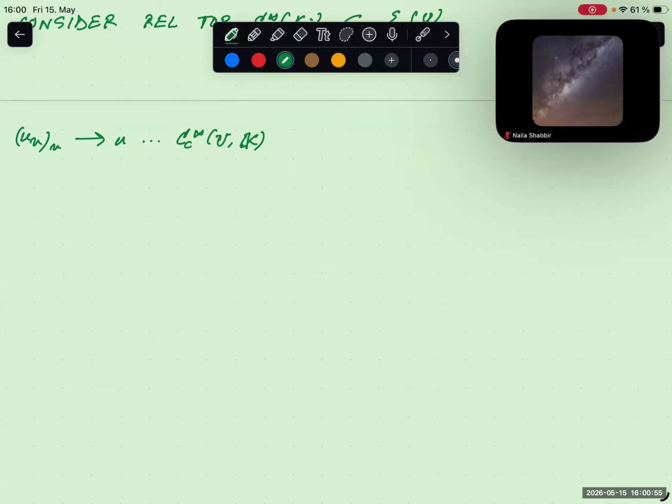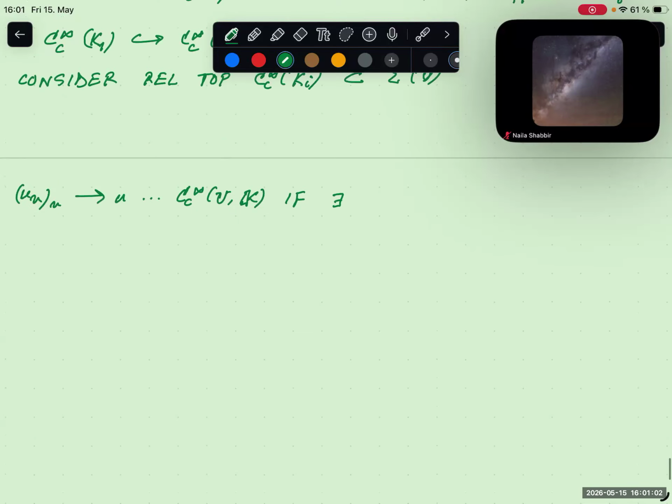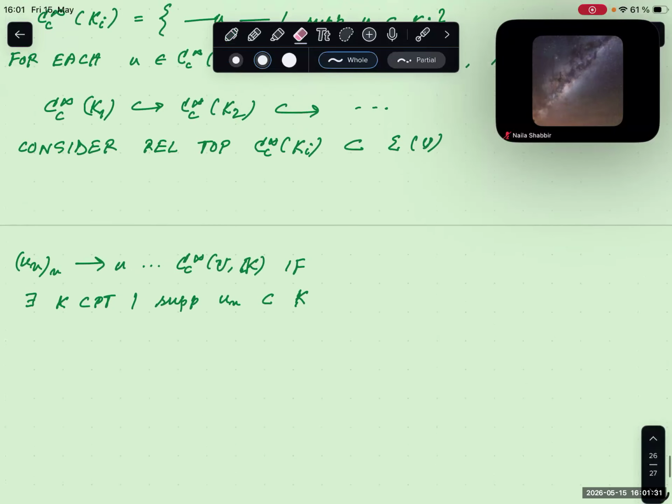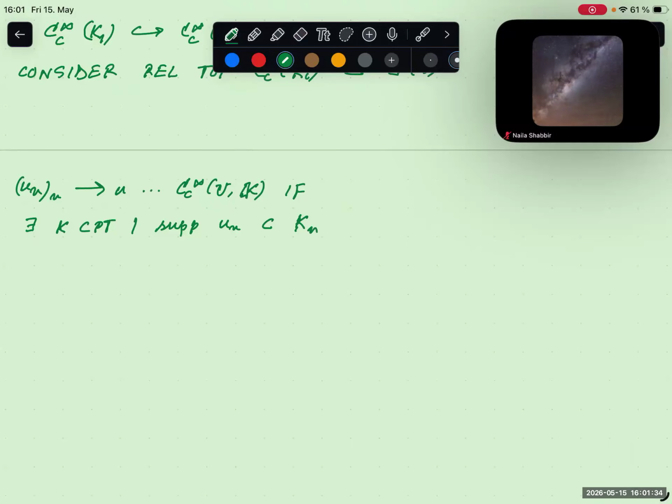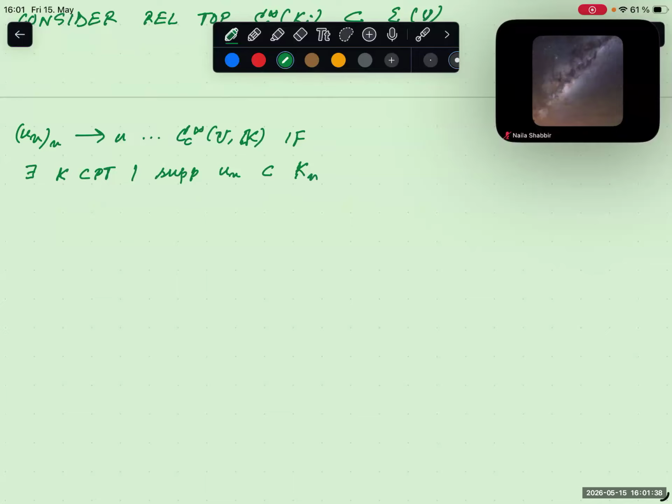if there exists a compact set K such that, remember I told you we have to control the support, so the support of u_n is contained in K, and what we are converging to, u, the support of u is contained in K,